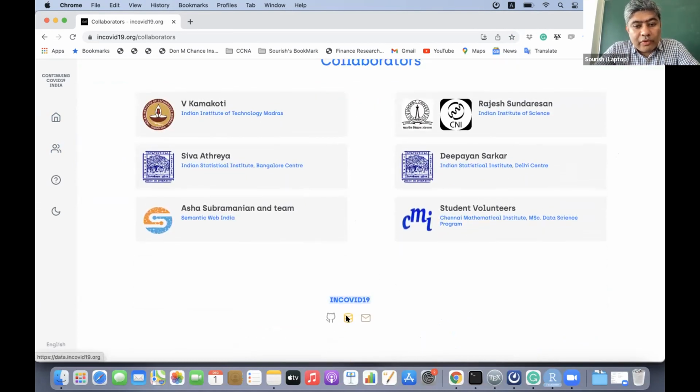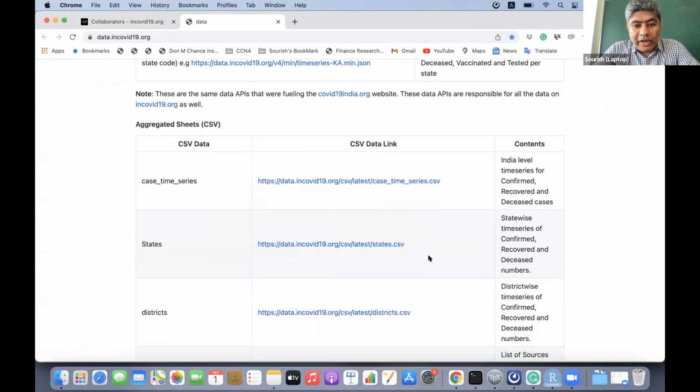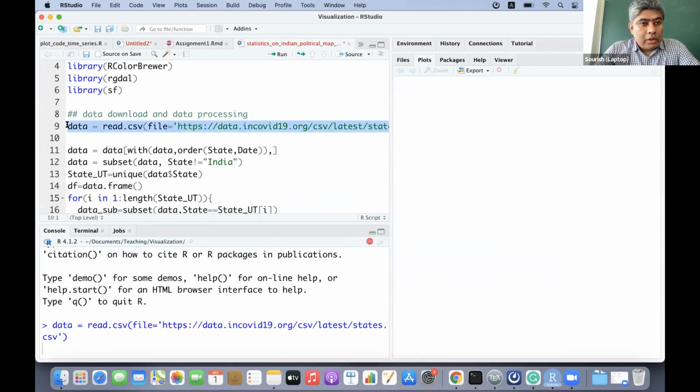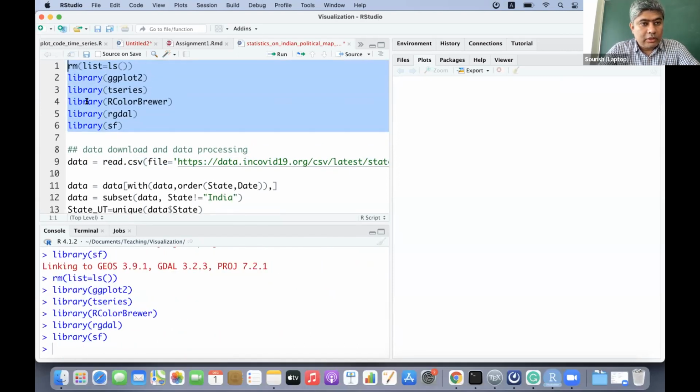Here, if you go to the data, I'm taking this particular data: state-wise time series of confirmed, recovered, deceased numbers.